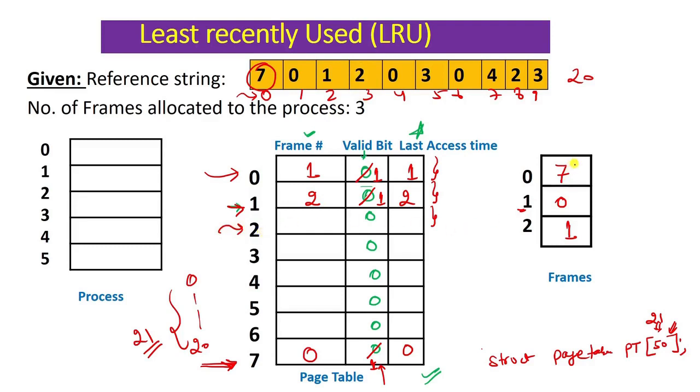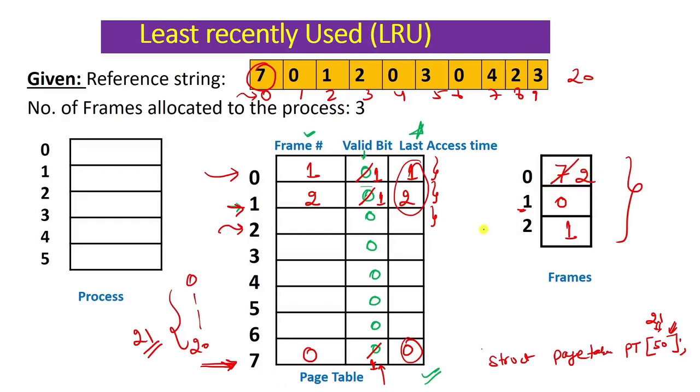The same way, out of here you have to apply the LRU. Okay, so basically you will find the time of access of all the 3. Out of 7, 0, 1, the times are 0 for 7, 1 for 0 and 2 for 1, so 0 is minimum. Okay, so for the page 7 I'll do this thing, that is here I'll apply 2.